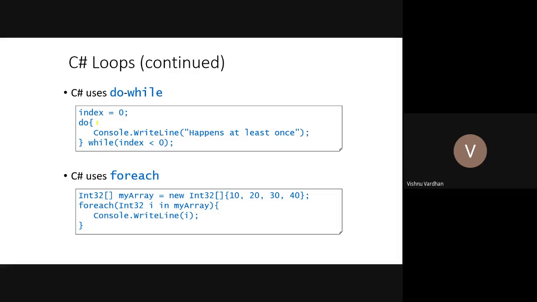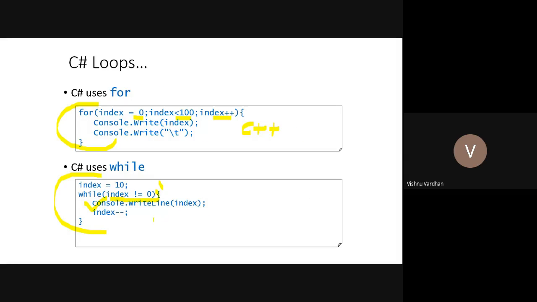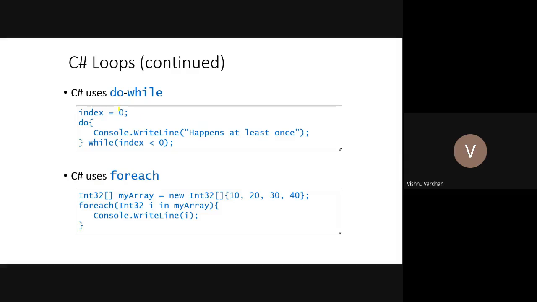Then do while. It's similar to while, but do while ensures that at least one time it is being run. Thereafter, if the condition is not matching, then it is up to the logic. However you have written that logic, it is up to that logic whether to execute many times or simply skip.